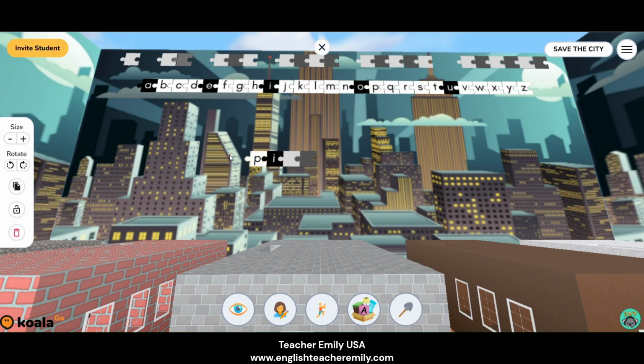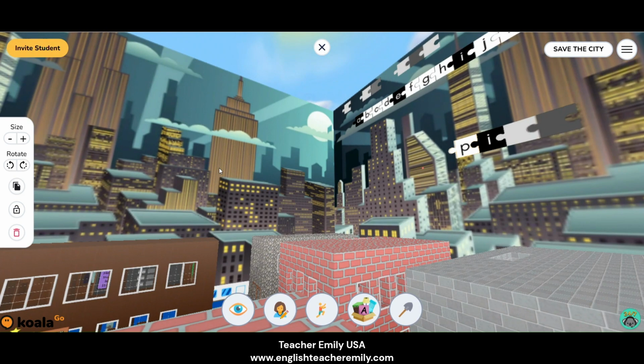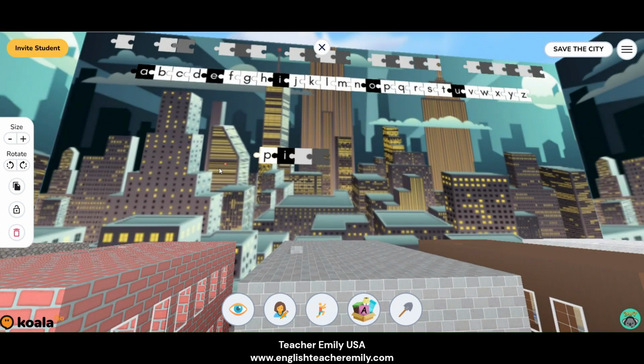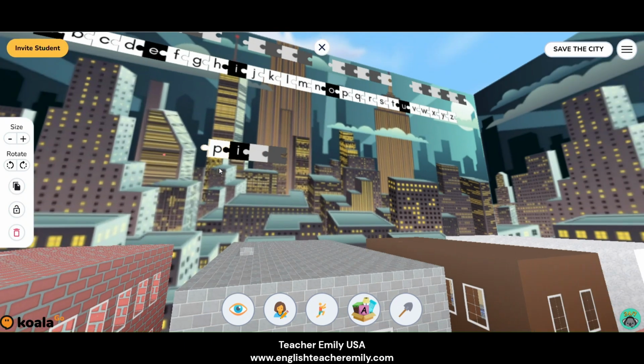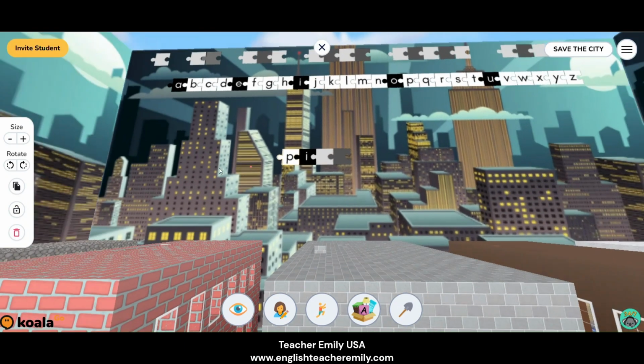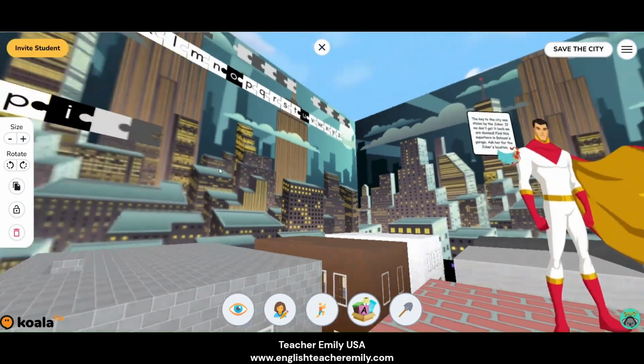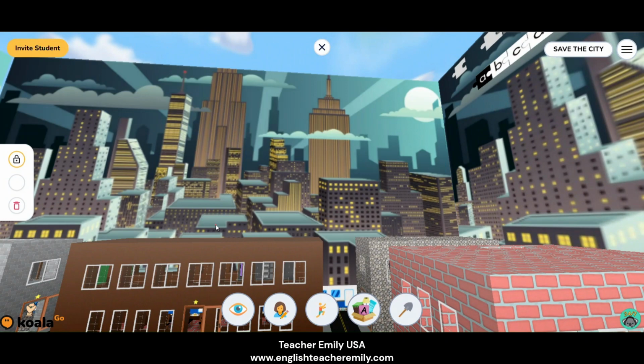You can use these up here, or what's also really cool is that from the floor, you can see these if you look up into the sky. So as a teacher or even as a student, you can place word activities throughout the playground, this whole activity. You can also place them in the actual playground that's within this activity